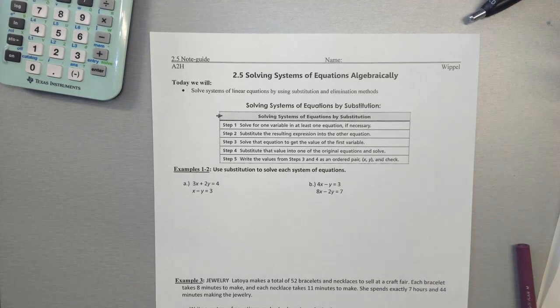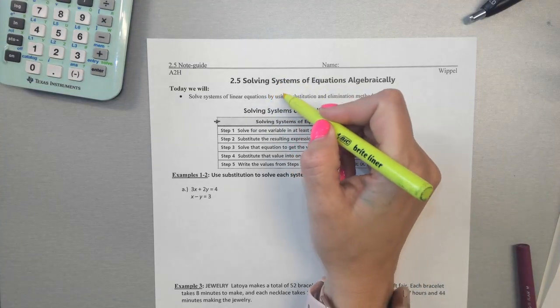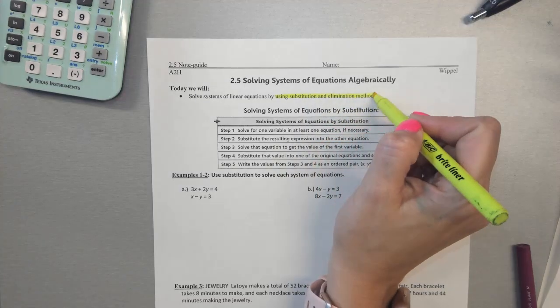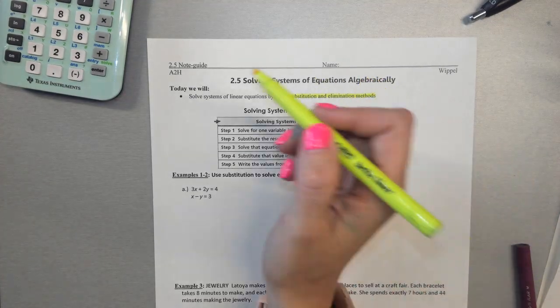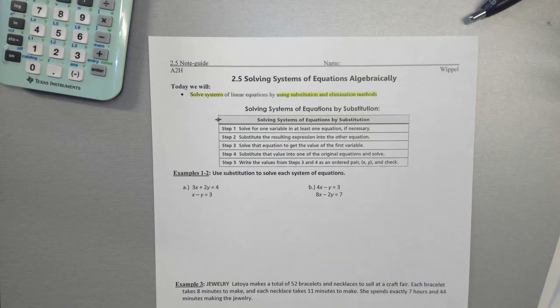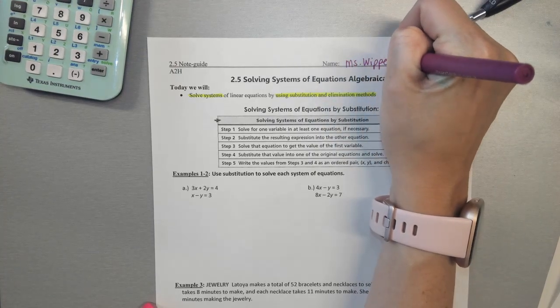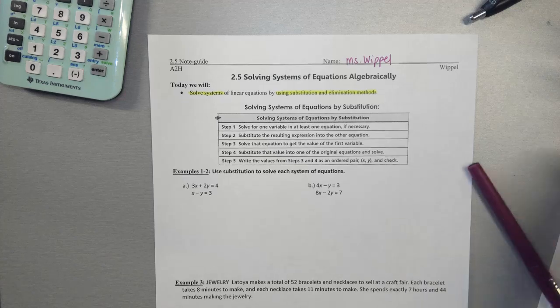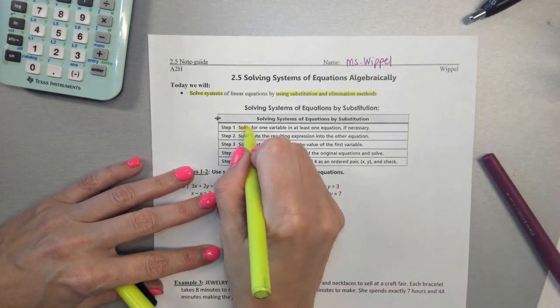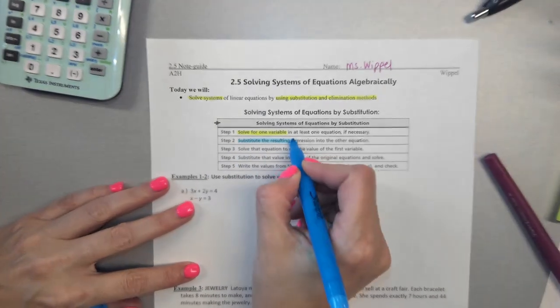So you guys read through how to solve systems using substitution. Today we're going to solve systems using substitution and elimination. Okay, these are more methods to solving systems in addition to graphing that we did yesterday. So the first thing we're going to do is solve for one variable. Okay, it says in at least one equation. Really, we're just going to do that in one equation,